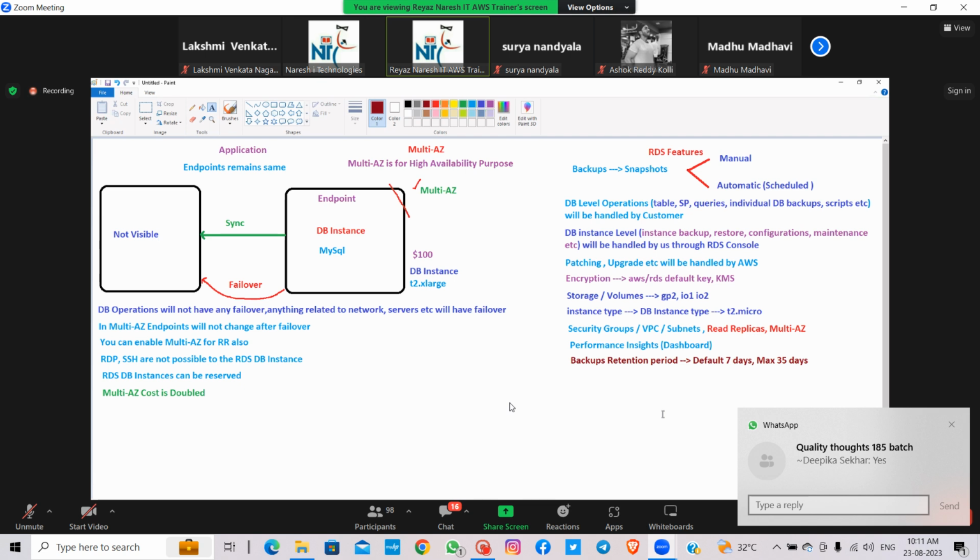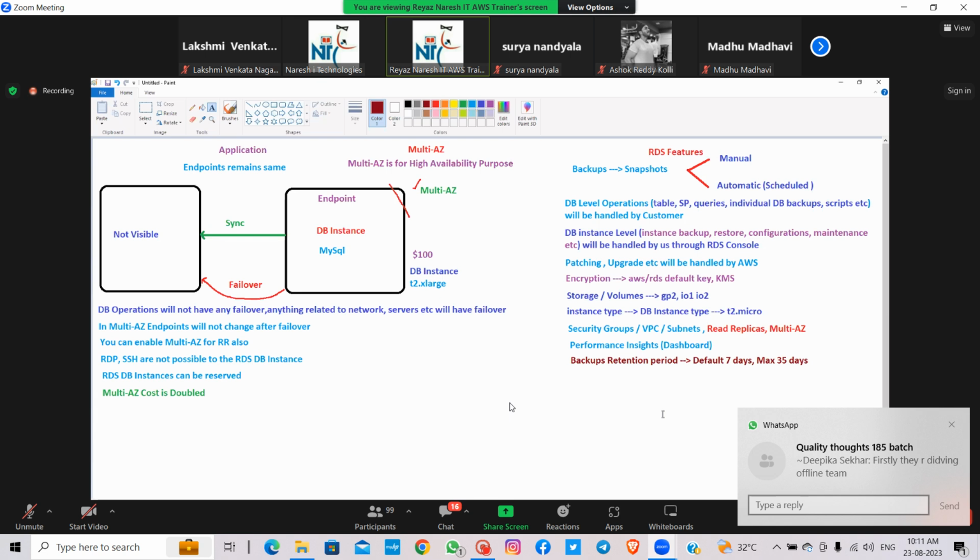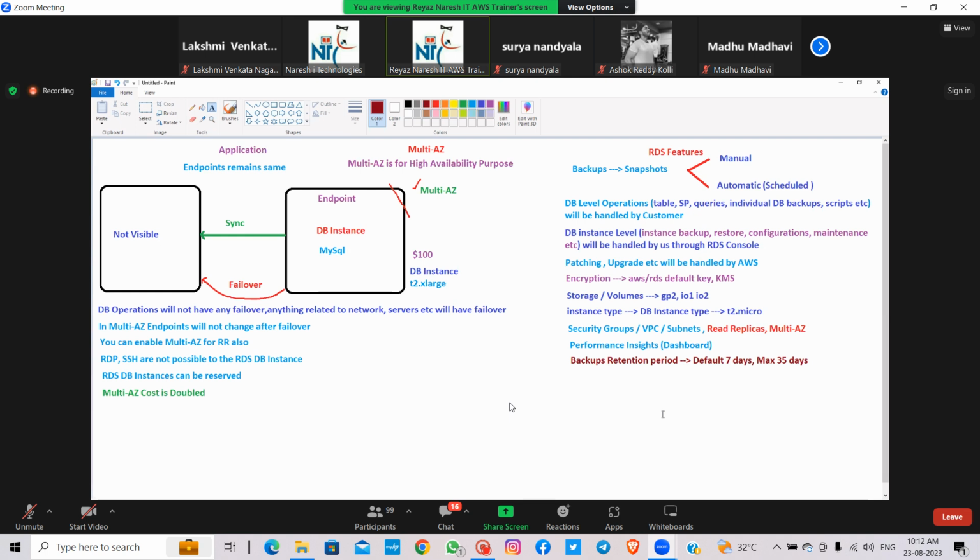Correct? So now, for how long will you keep that backup? If you take from today, every day it is taking the backup, for let's say 1 month till December, it is taking the backups continuously. Will you keep all these months' backups? So you need to set a time, no? How many latest backups do you need? By default, it is giving 7 days, meaning 7 latest backups will be there. And maximum, you can keep 35 days of backups. You cannot keep 6 months or 7 months of backups. But if you want to keep it, will you schedule the backup, or manually take the backup?